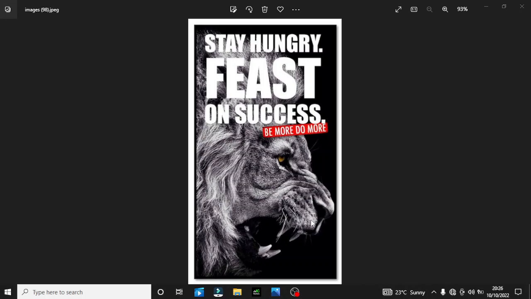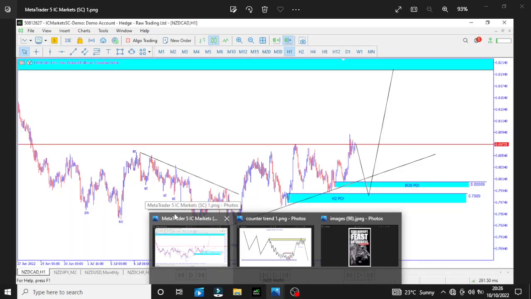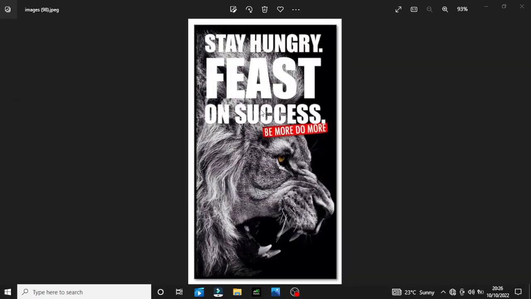Guys, here's another one, a trade breakdown on NZDCAD. It's another interesting one. Guys, if I'm telling you that at the time of an actual analysis,